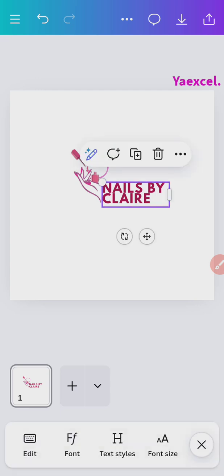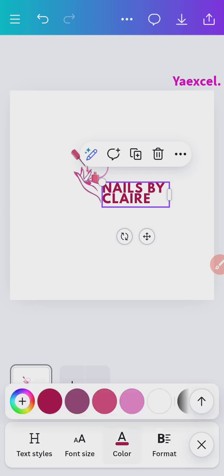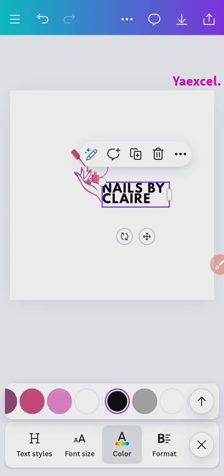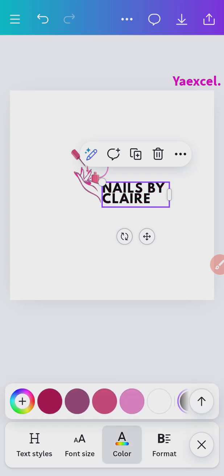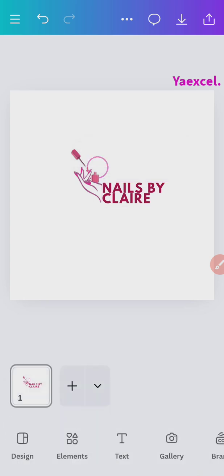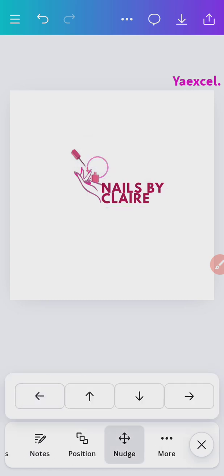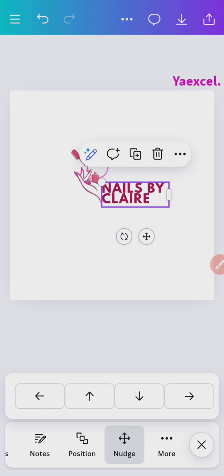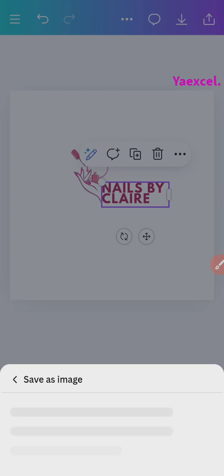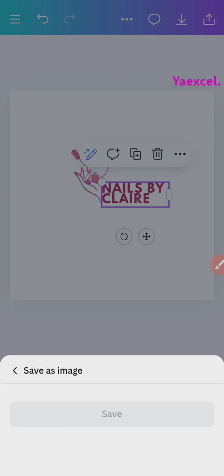Okay, or you can leave it at black. Okay, if you like the black, you can leave it at black, but I don't like the black, so I'm going to change it to this color. And the next thing I'm going to do is to shift it back. So let me go to notch, and then I'll click the left hand thing, and then I'll now click on download. Then it will download to my phone's gallery. Okay, so